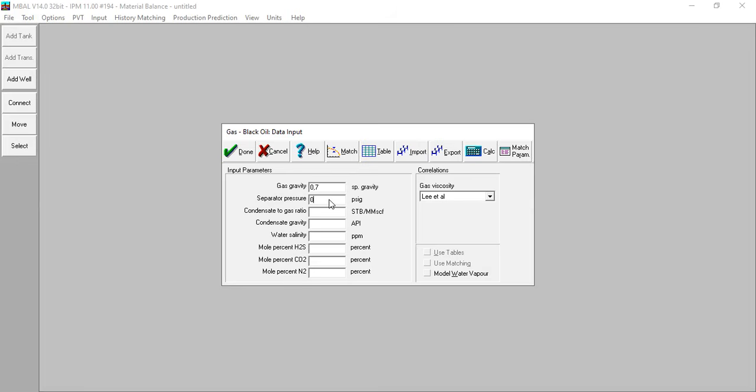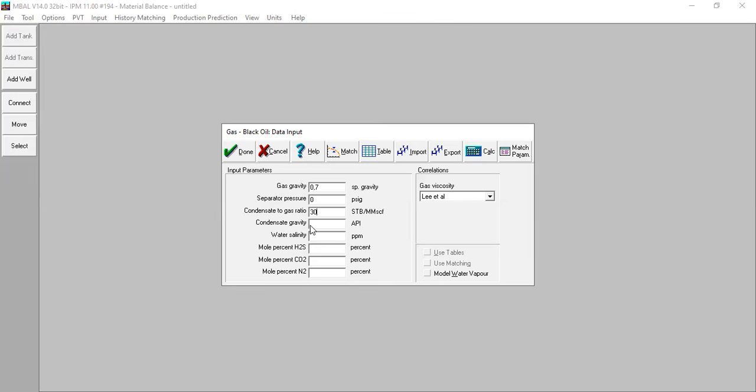And then for the condensate to gas ratio, for example, 30. But please be careful here. The unit is STB per MMSCF, stock tank barrel per MMSCF. So if your unit is still MSCF or BSCF, you need to change the unit first.